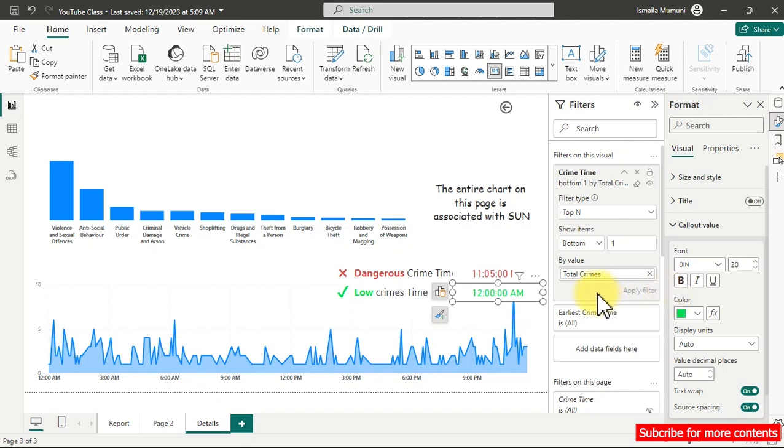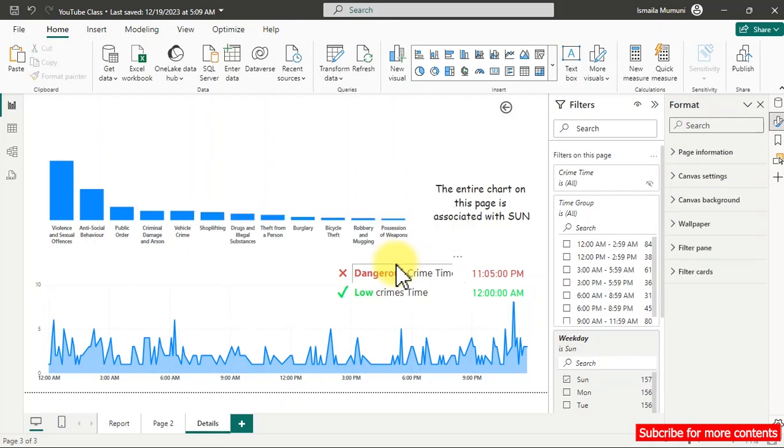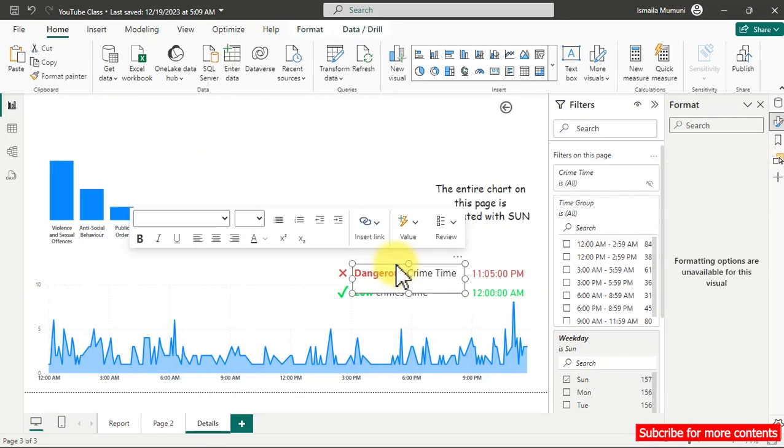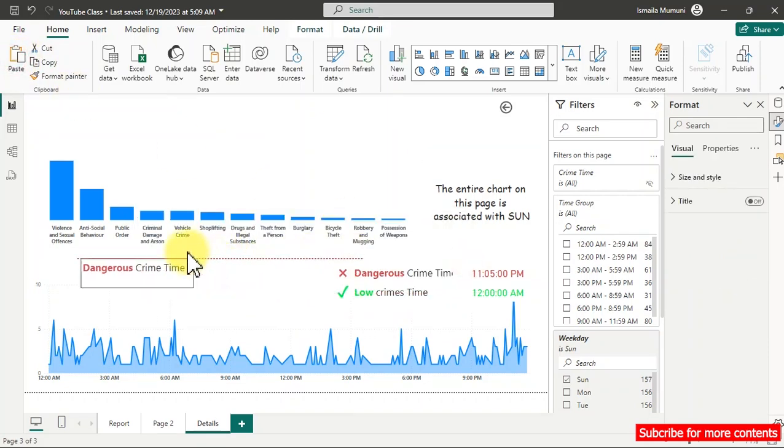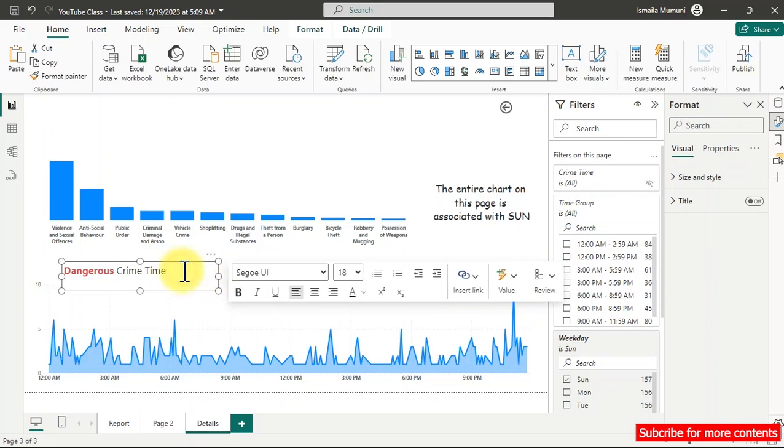Okay, we talked about titles, right? And now it is time for us to actually play around with how we can have a nice title on our charts. So all I'm going to do is copy and paste. Then I'm going to move this copied one over here, and I'm going to stretch this a little bit. So what I'm going to do right now is highlight the content inside it, and I'm going to type in